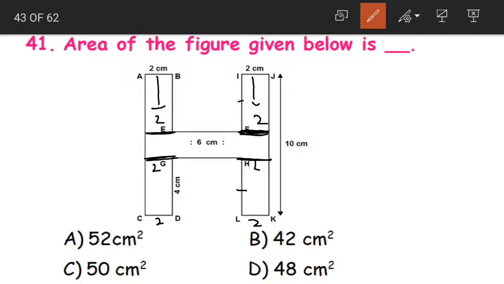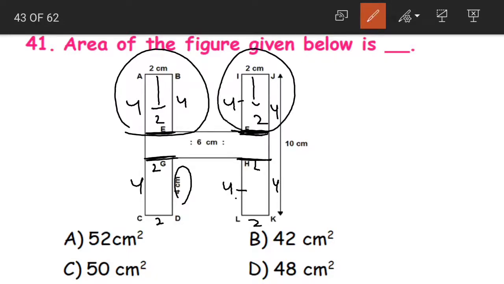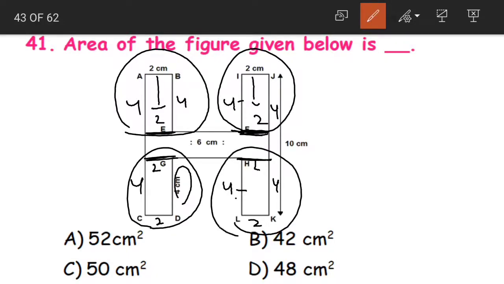And coming to these sides, see here it is given as 4 centimeters. So this is 4. Again this is 4, this is 4, this is 4 and this is 4 centimeters. Understood, children? All the opposite sides are equal. In short, these 4 rectangles are having the same measurement, that is the length is 4 and the breadth is 2. So our problem has become much easier.